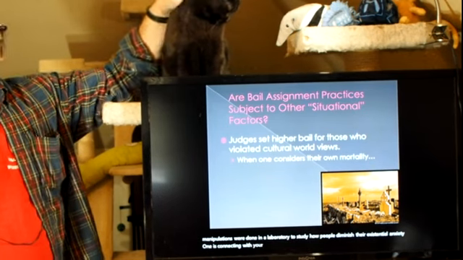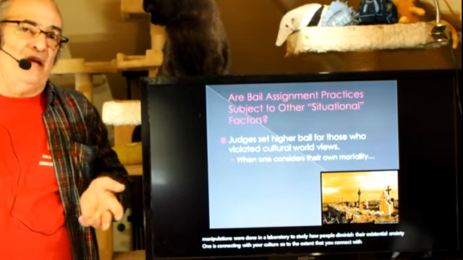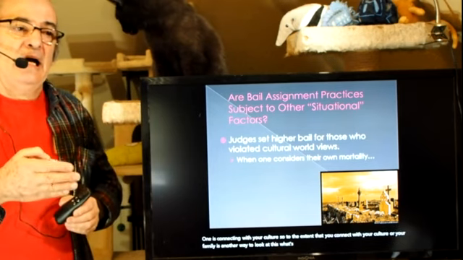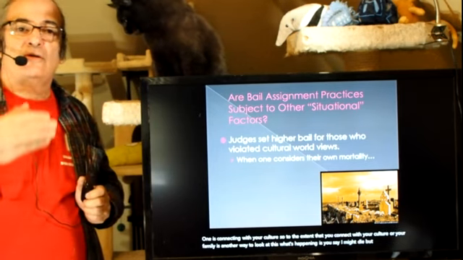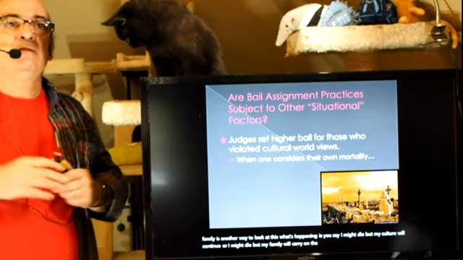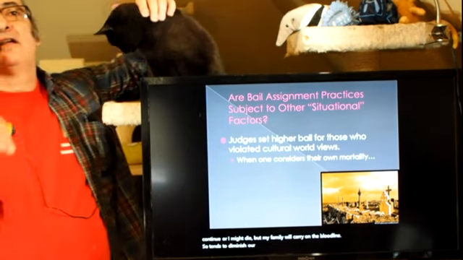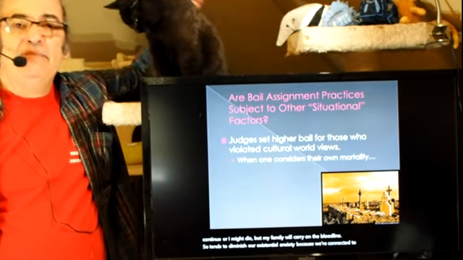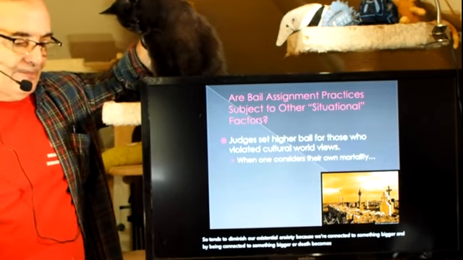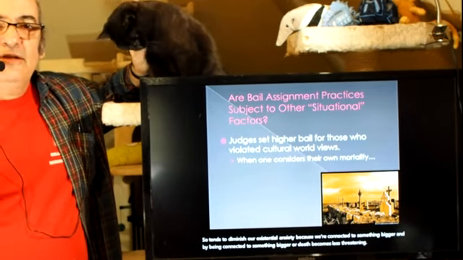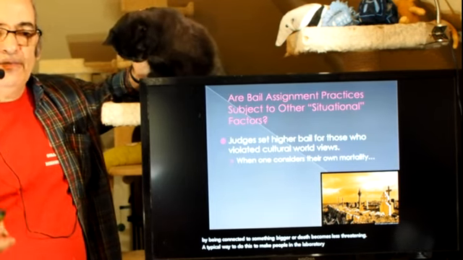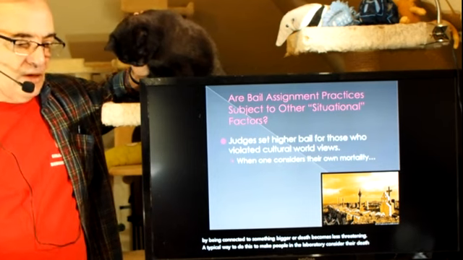It's combined with a lot of priming studies. So a lot of manipulations were done in the laboratory to study how people diminish their existential anxiety. One is connecting with your culture, or your family. You say, I might die, but my culture will continue, or I might die, but my family will carry on the bloodline. So it diminishes our existential anxiety because we're connected to something bigger, and our death becomes less threatening.